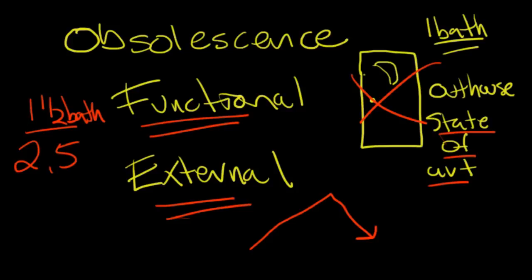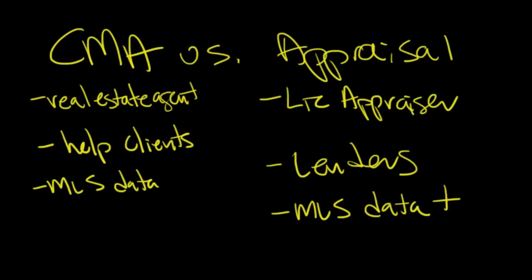So let's take a look at a quick example. What I want to say is we should probably be professionally aware of how we use a CMA versus when we use an appraisal. As a general rule of thumb, the CMA approach is going to be used by you, the real estate agent, to help clients put a price tag on their home. That's basically how it works. And of course, this is a service that you're usually going to provide for free because you're hoping they'll give you the listing.